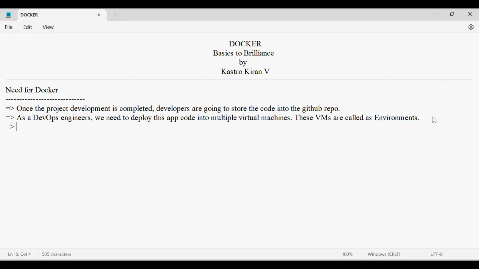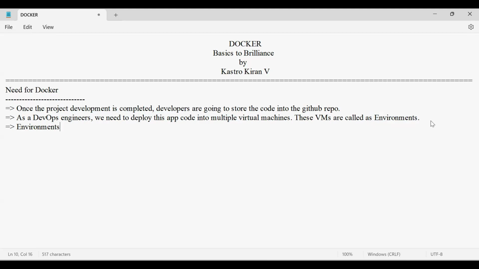Let's say that developers have stored the code into the GitHub repository. As a DevOps engineer, we need to take that code and deploy it into multiple environments which are available for our application. Let's see what are the different environments that are available in a real-time scenario.